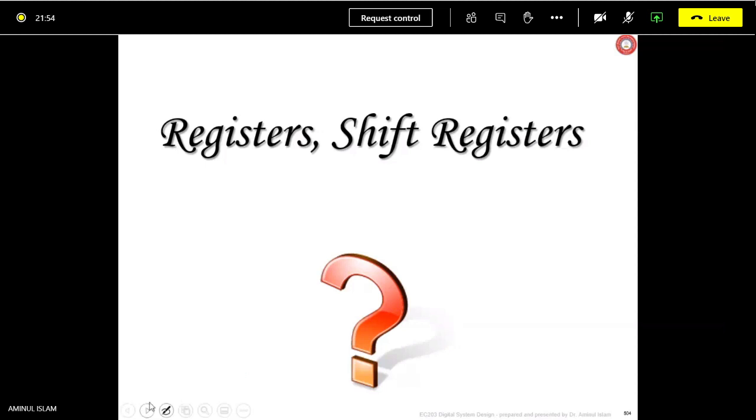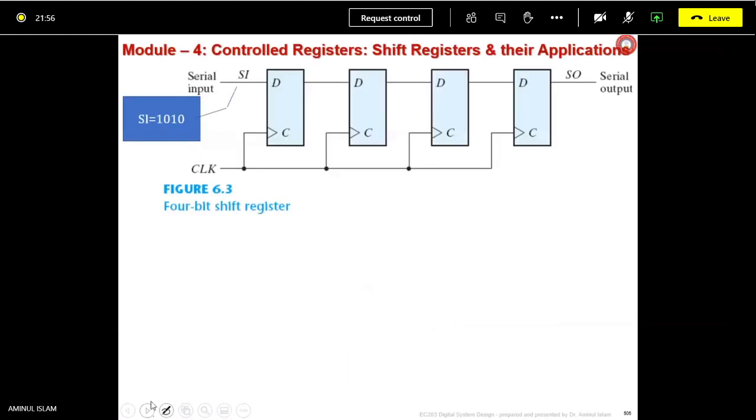So let me see what is there. Here is an example of a 4-bit shift register. Shifting means you can put the data here, data input serially, 1 bit after another, and you are applying a clock to every flip-flop. D flip-flop is used here, and you are shown here only Q. Of course, Q bar will be there, obviously, but it's not shown here.